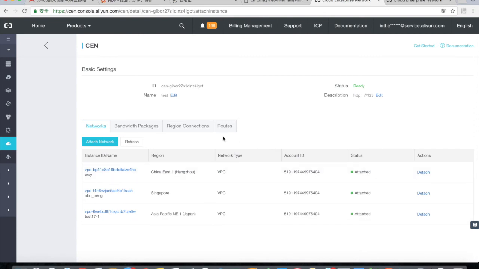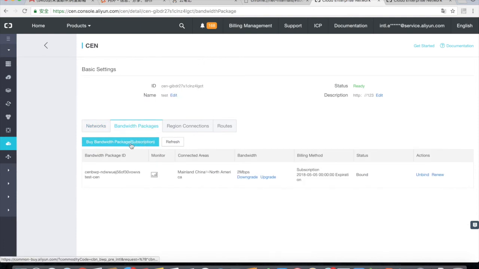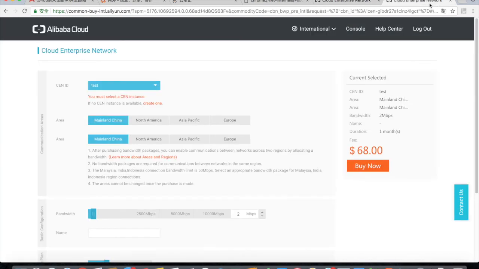And then if we want to let network instances in different regions intercommunicate with each other, we need to buy the bandwidth package, and then we change to the bandwidth packages. Here we can see the bandwidth packages which have already been purchased, and if we want to buy a new bandwidth package, we can click the Buy Bandwidth Packages button and then go to the Buy page,